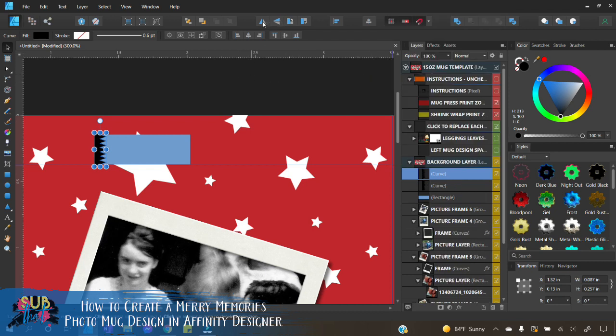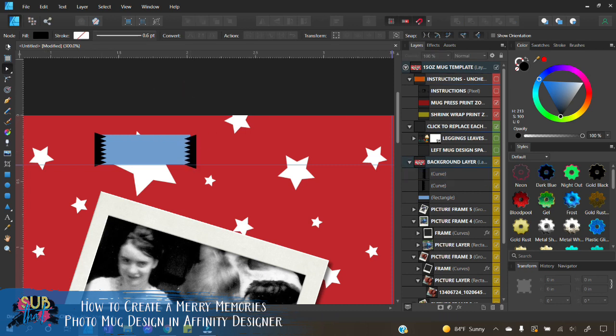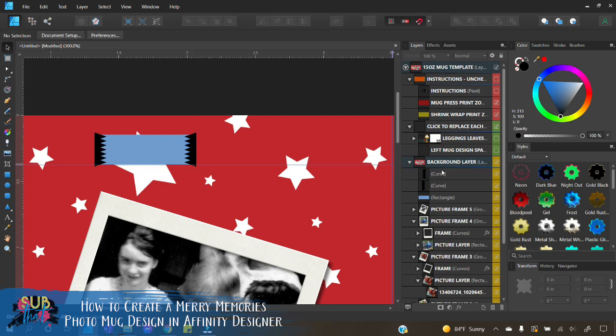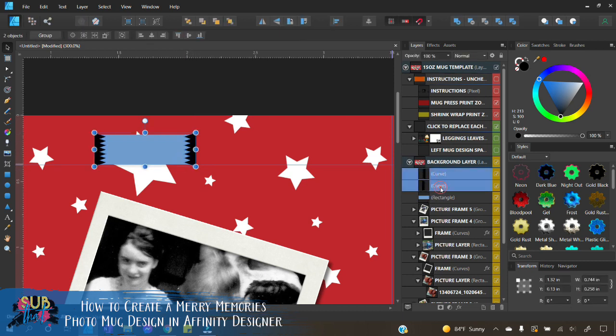I'm going to go to my flipping tools, rotation tools, and I'm going to select flip horizontal. And then I'm going to move it all the way to the other end. Make sure I've got it lined up. There we go. Now I want to select both of those triangle teeth sets that we made in our layers